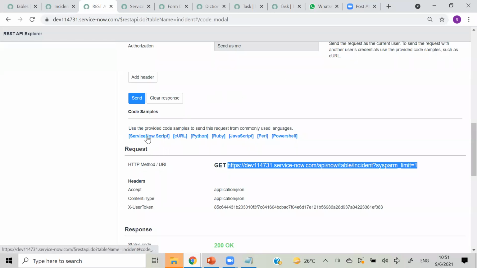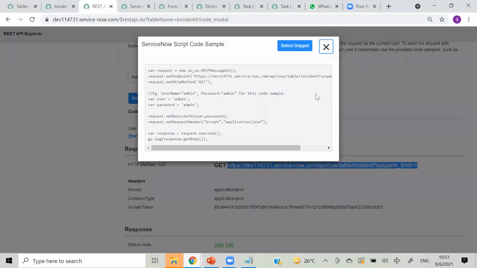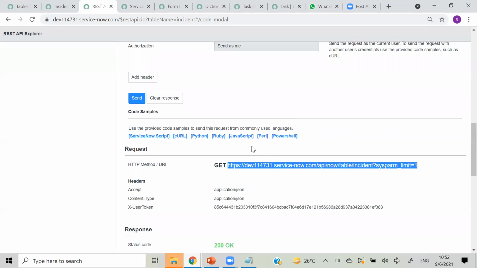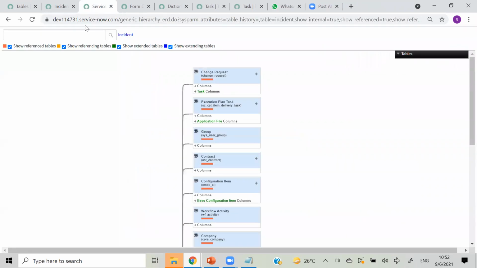And if you want to provide it to another ServiceNow person, click on this. So this is the API configuration for ServiceNow. Just copy this data and provide it to your client. So this REST API is an easy and simple thing in ServiceNow. But in .NET we have to struggle for everything, right? So that is about REST API.